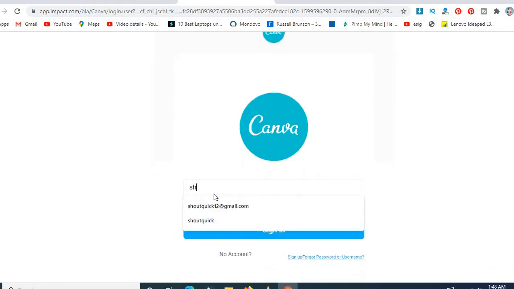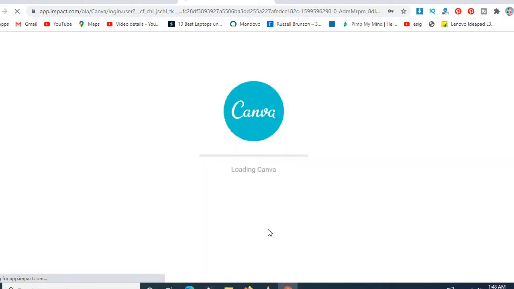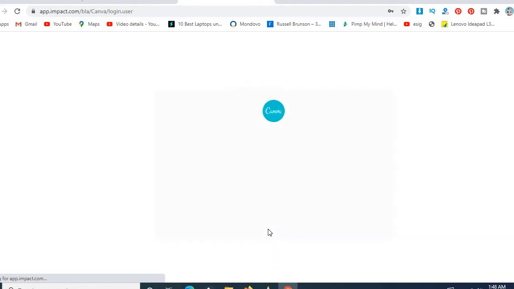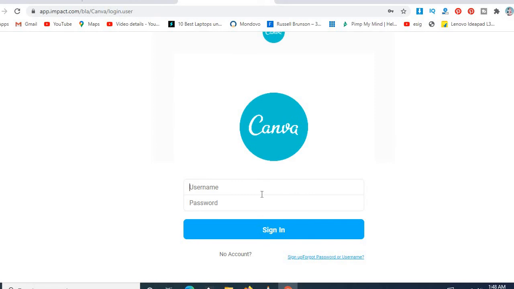Enter username and password here and click the sign in button. Oh, it did not log in. One second, I have to try again.